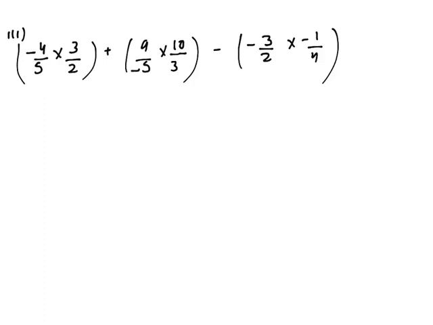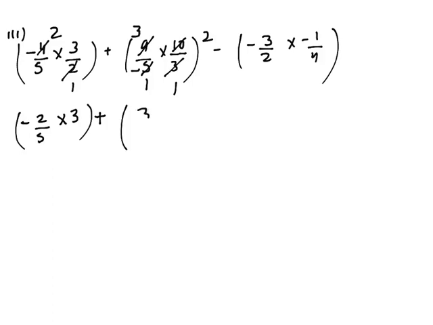As you already know, first of all we will solve the numbers inside the brackets. First we will see if we can change into the lowest terms or not. Yes, over here 2 times 1 is 2 and 2 times 2 is 4. So we will get minus 2 by 5 times 3 over here. Then we have a plus sign. Then next, over here also, 5 times 1 is 5 and 5 times 2 is 10. And here 3 times 1 is 3 and 3 times 3 is 9. So we will be left with minus 3 by 1 times 2 by 1.